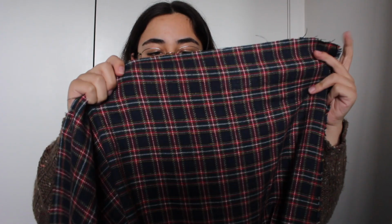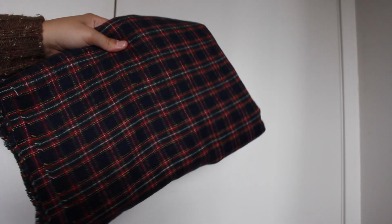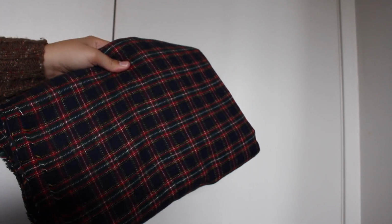It is this beautiful pattern. I think it's honestly one of the nicest flannels I've had in my collection. I love the colours. It's very school uniform, but my uniform didn't look like this, so I don't really care. And for this, I want to make a dress, and I know exactly how I want it to look. I know everything. We're finally up to the fabric that I've bought more recently in the past few months,